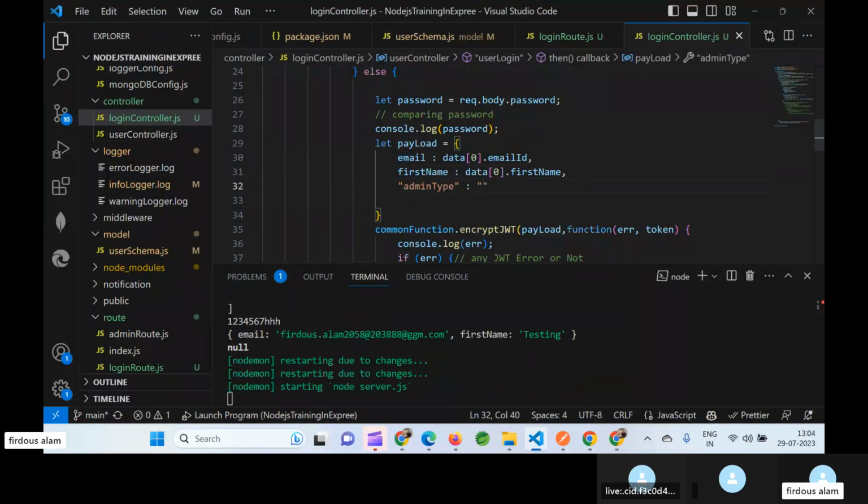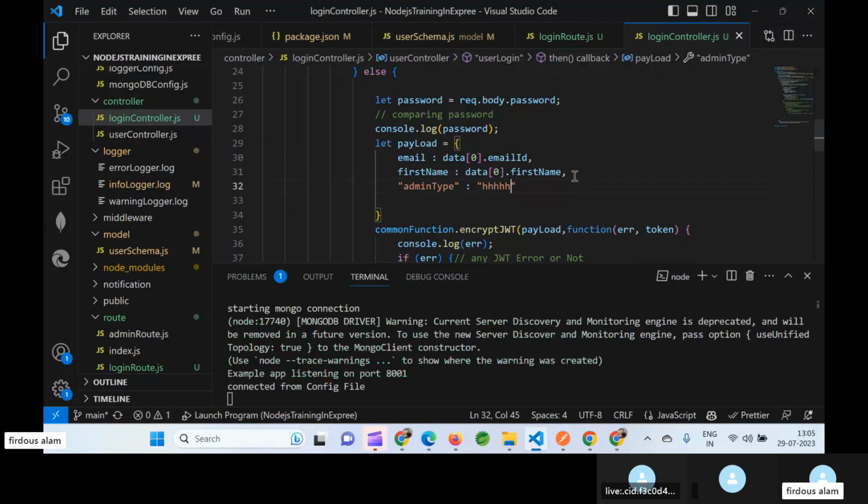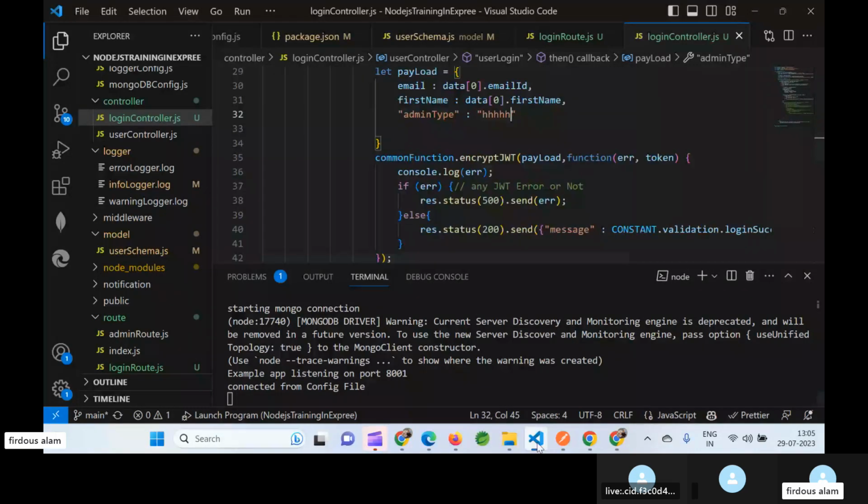And then based on their details, we can allow him to do certain functionality. So this is called authorization. The process which we have done now is called authentication. What we are doing is checking whether the requests are coming from an authentic user. So whenever we call some other API where we want to make it secure,